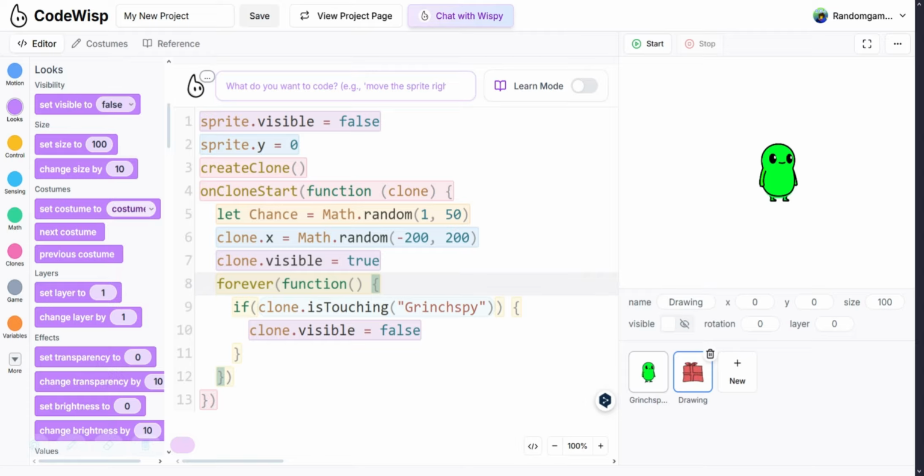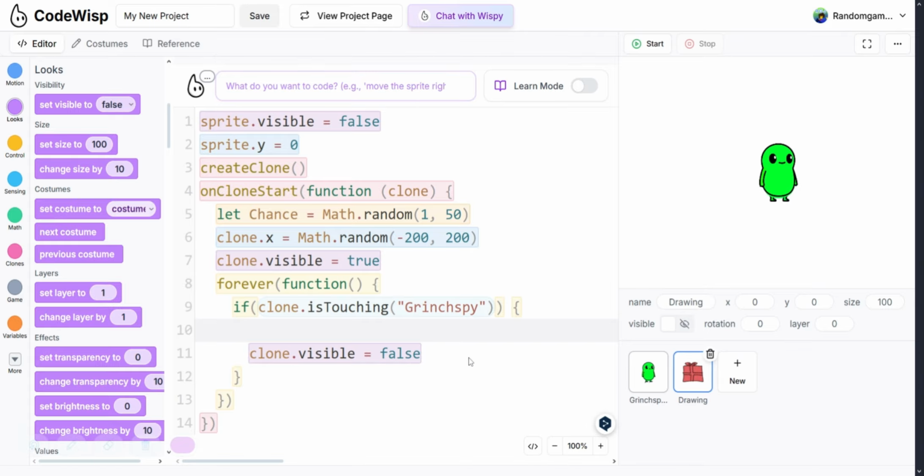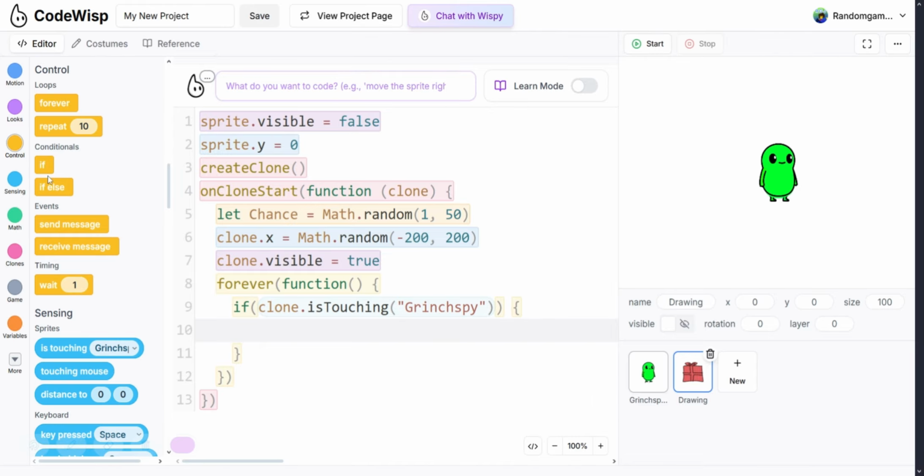But wait a minute! What's the chance variable for? Just for extra random numbers? Nope. Alright, so we delete clone.visible equals false. Get an if-else condition. Now you're going to type chance equals 25, or you can mess with the